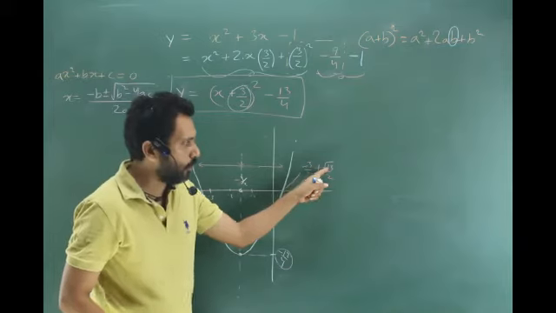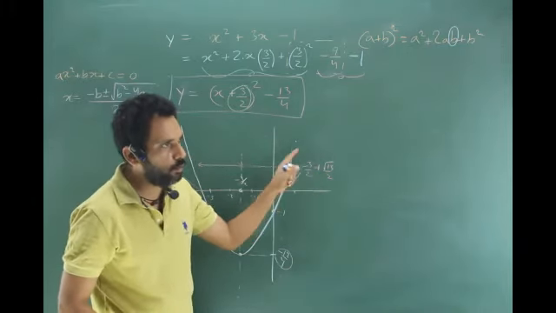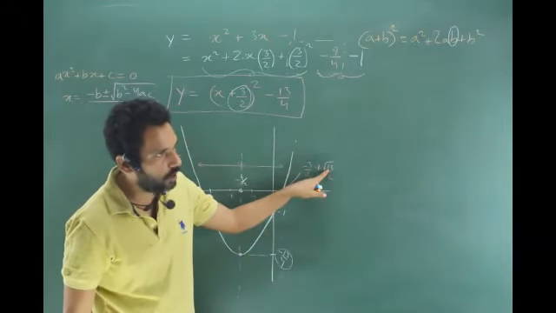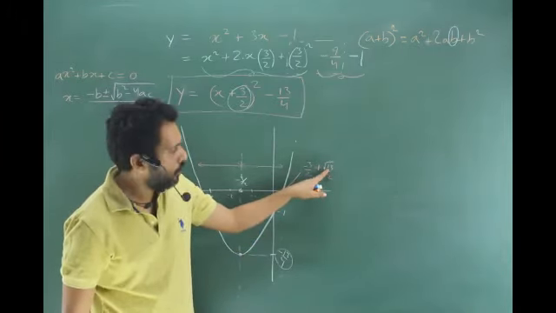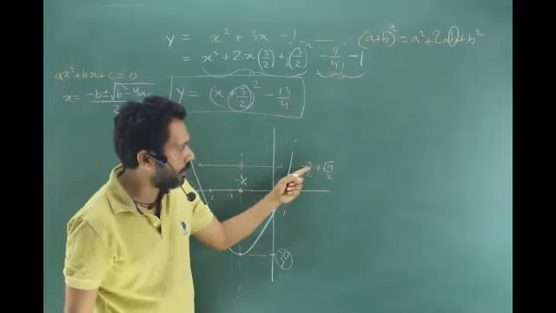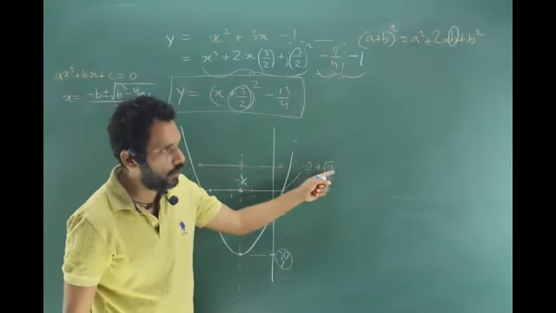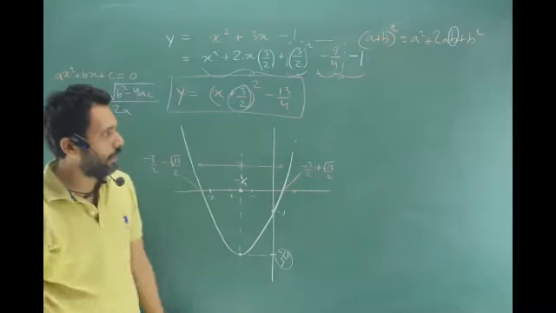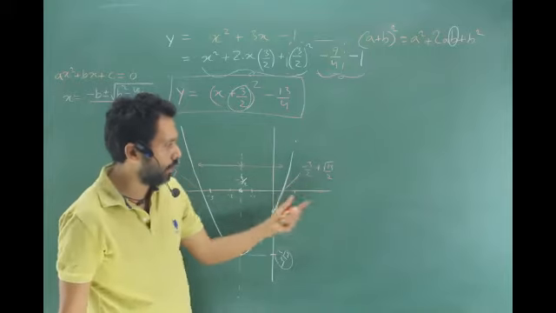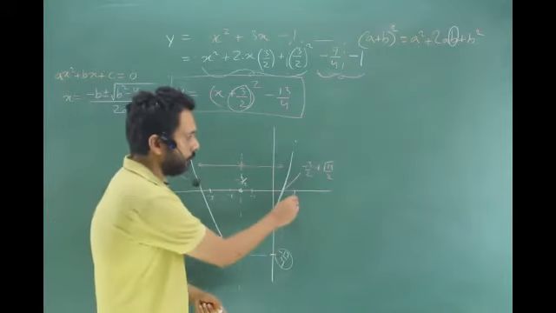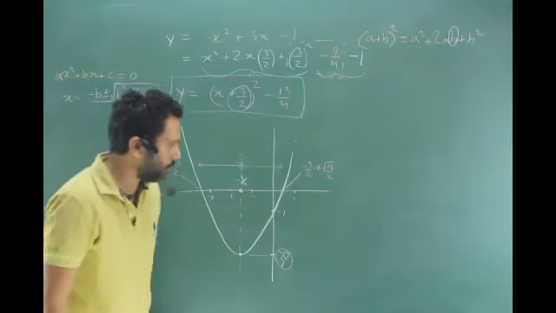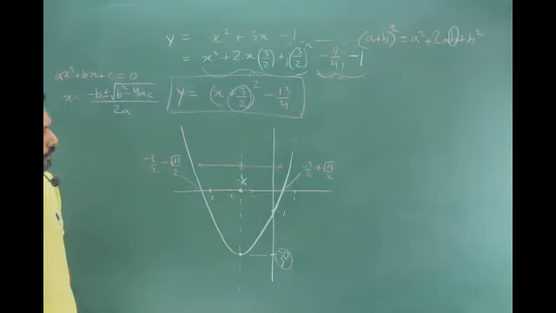√13 is less than 4 because √16 is 4. √13 is more than 3 because √9 is 3, right? So √13 is between 3 and 4. So taking 2 as the LCM, -3 plus a number which is between 3 and 4, a 3 point something, will give me a number between 0 and 1, right? So it's a cross verification kind of thing. Is that clear? Will you be able to do all this yourself?